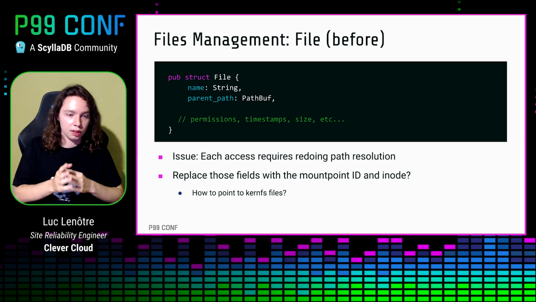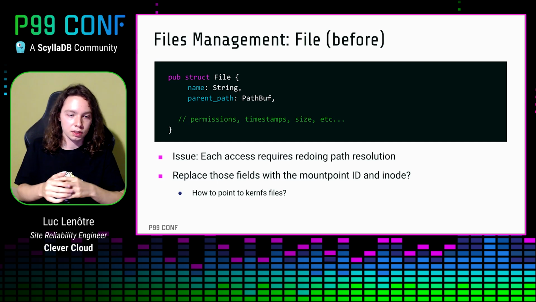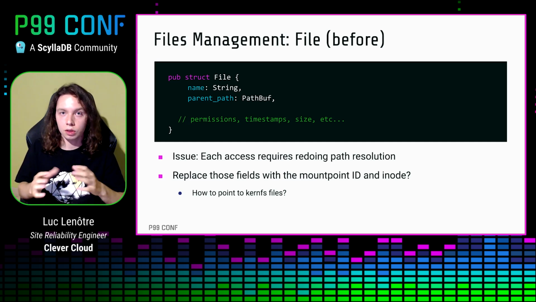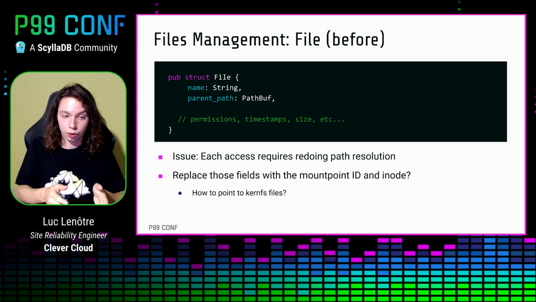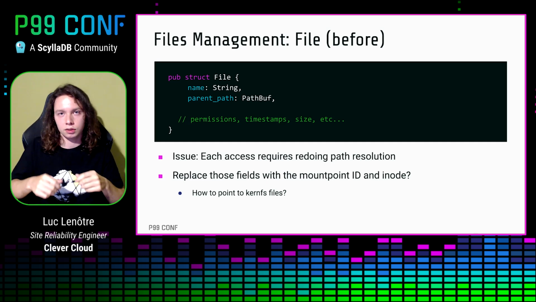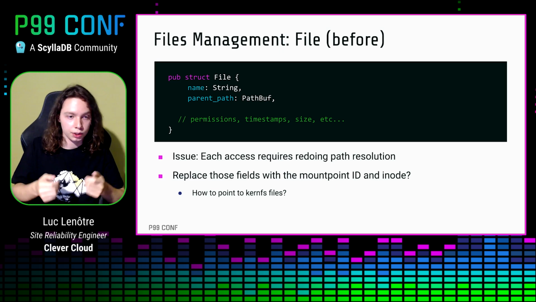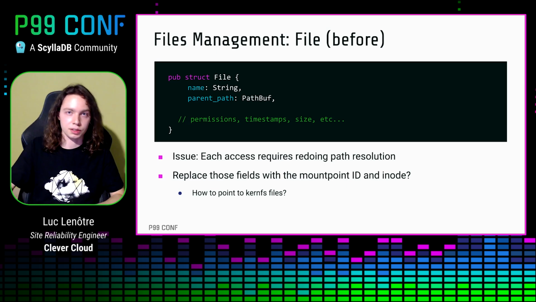The issue with that is that some file systems don't actually have proper inodes. Instead, the files are being allocated on the fly. So, for example, the KernelFS, which is used by ProcFS or SysFS, for example, are allocating the file when you are accessing them. So we need to find another solution, and the other solution was to basically look at what